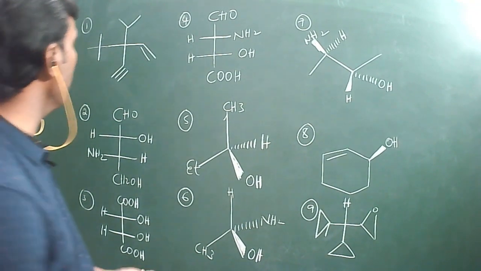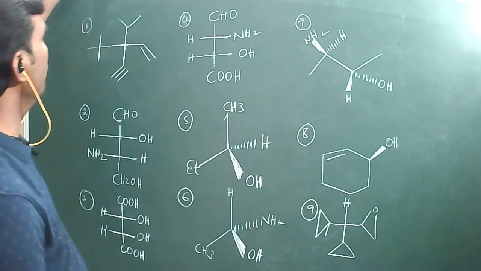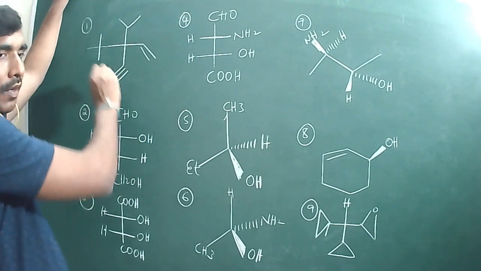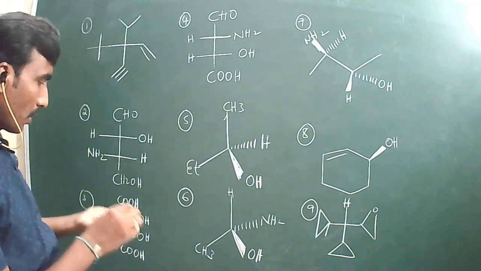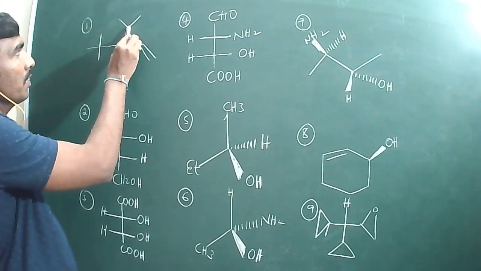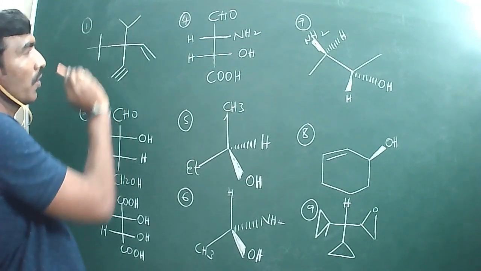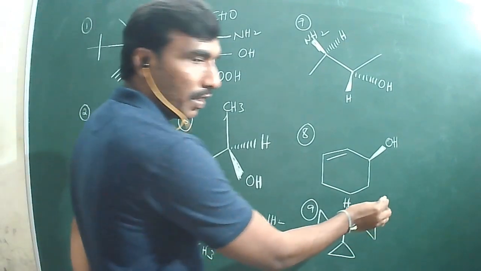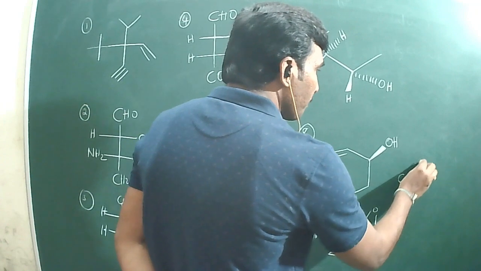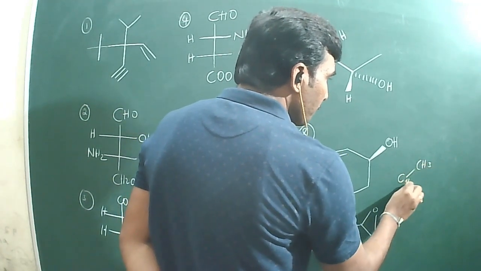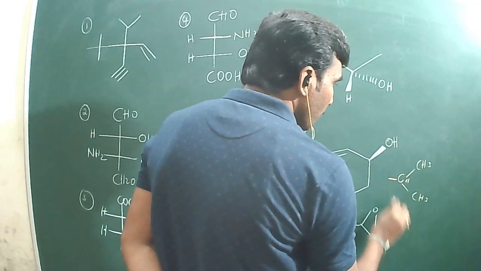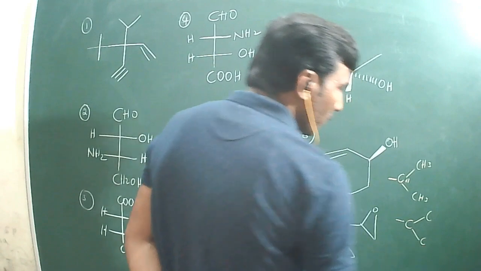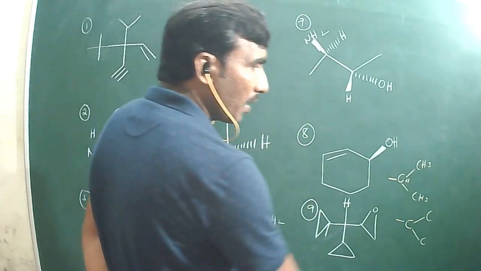So one by one we will discuss. The first one, what I have to do here. This is our chiral center, and here I have to give numbering according to the CIP rule, right? So let me take here, this is a carbon which is directly attached with two other carbon atoms. I am writing here, you just observe here. So C, it was CH3 and CH3, this is a group. And next, double bond means what? It is 2 times attached or not? And it is 2 times attached.